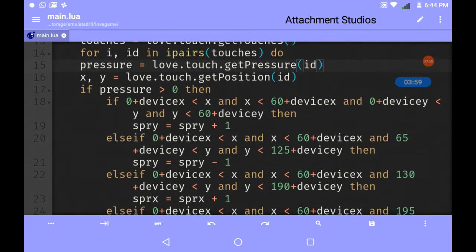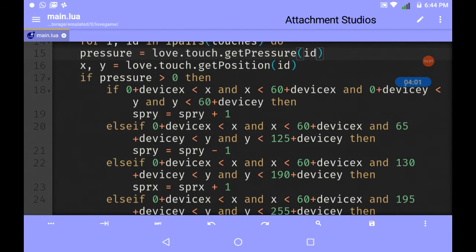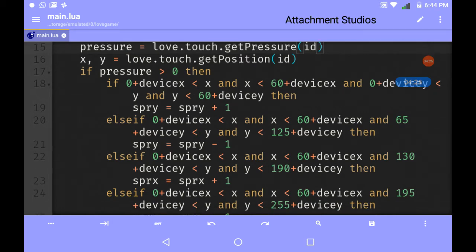And it must be pressure greater than 0, and 0 can actually be any number, depending on whatever device you use. I think I will use 0 for universal, but I think 0 may have some problems.